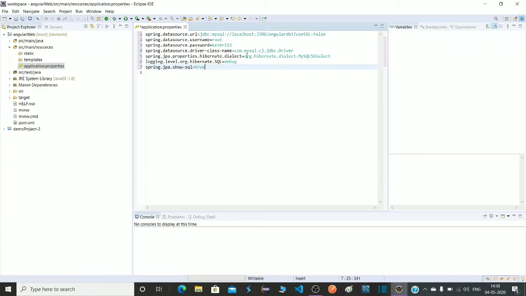So you will be able to see the query which is going to run in your console.